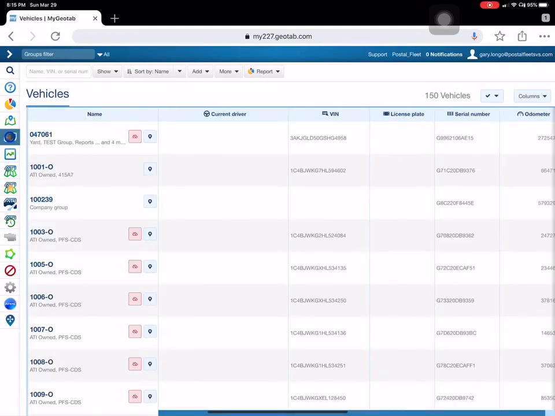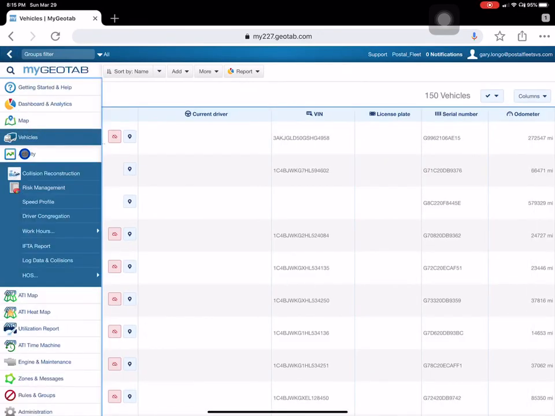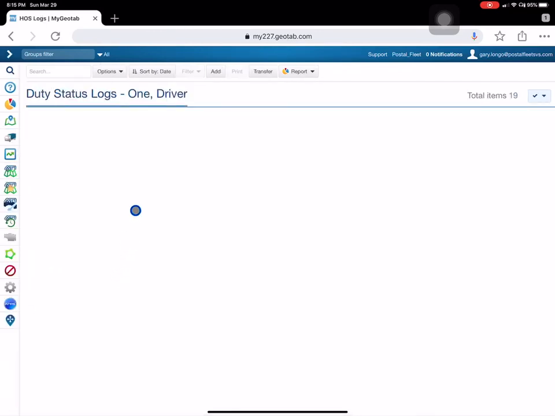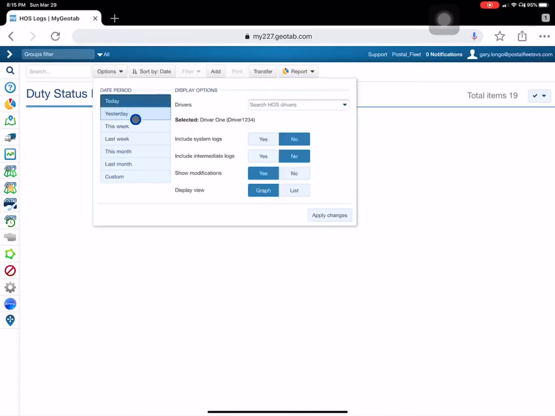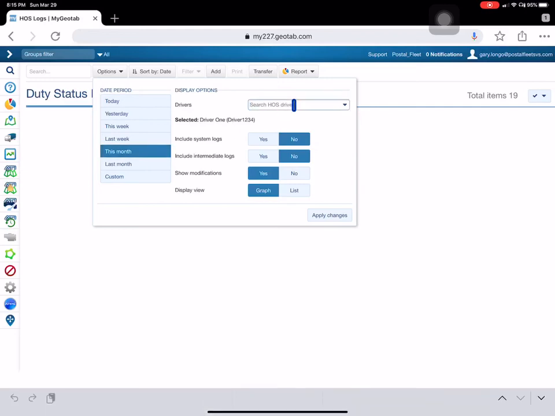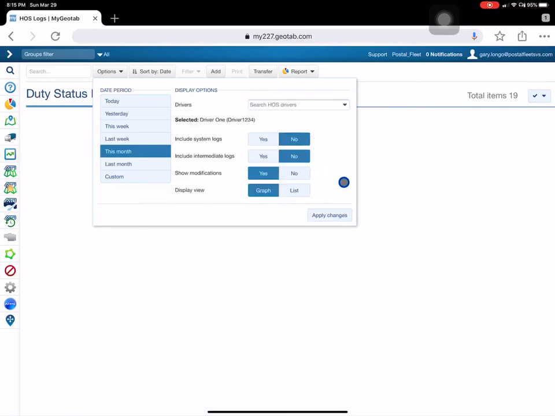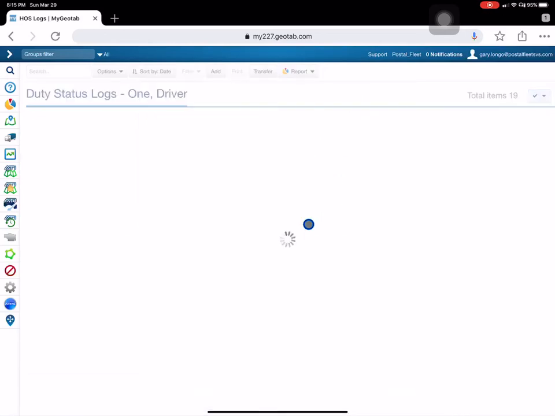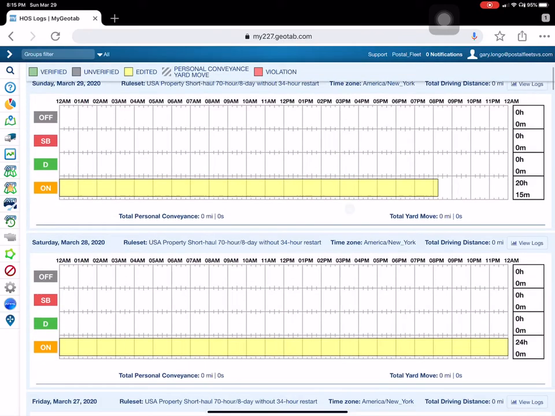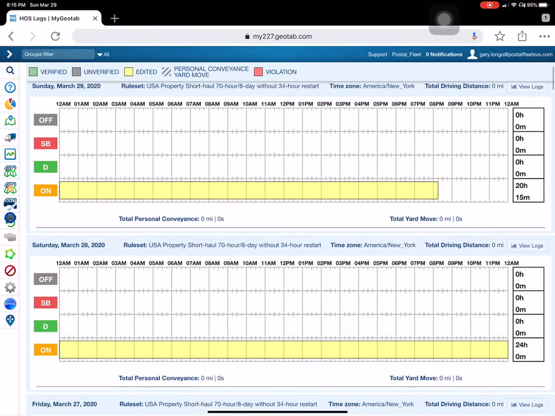To change the duty status, you go to Activity, Hours of Service, Duty Status Logs, and then where it says Options here, you can select the time frame that you're interested in. I'm going to say this month, and then you can select the driver that you're interested in helping out. So I'm just going to use driver 1 as an example. Apply changes, and as you can see here from the graph, this driver has been on duty all of today,